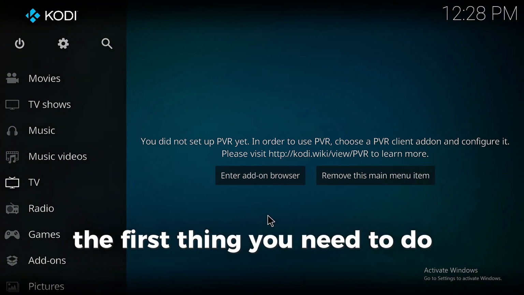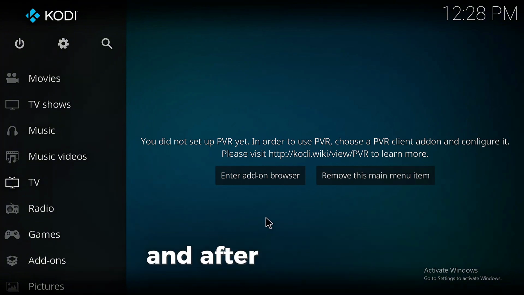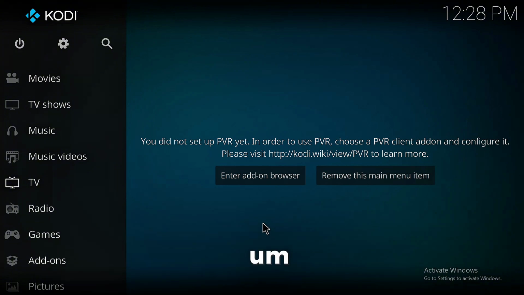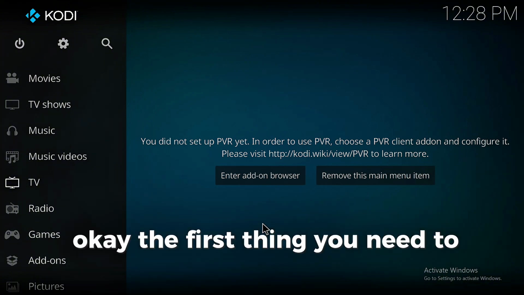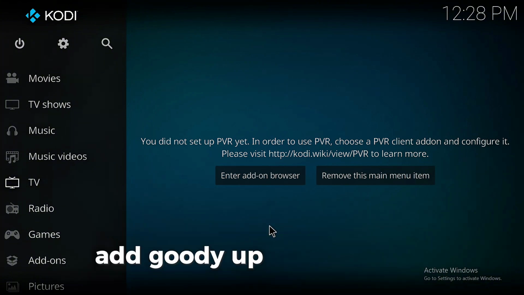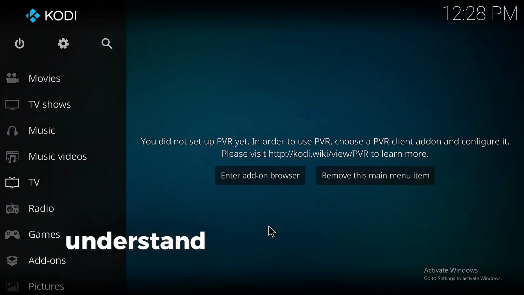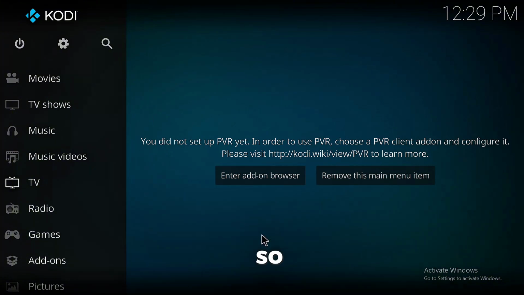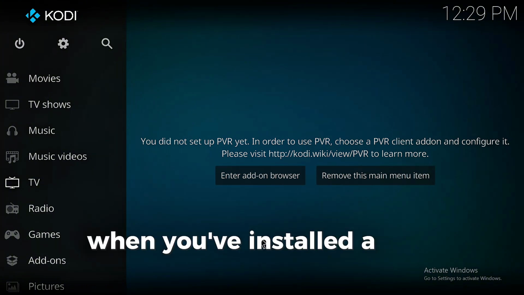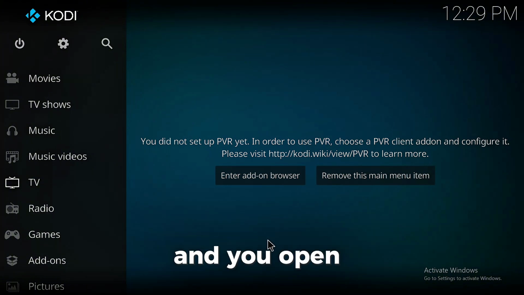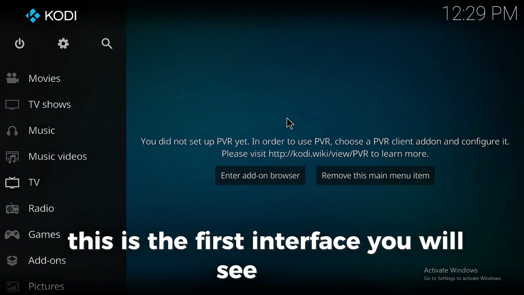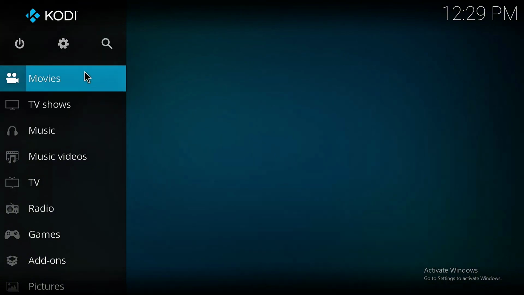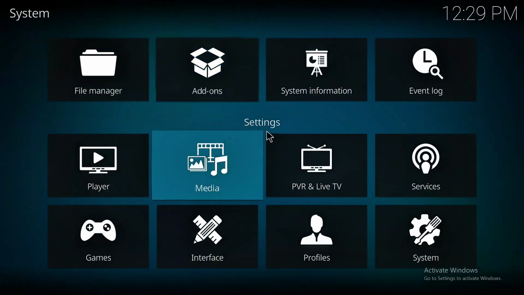The first thing you need to do is to install the Kodi app on your device. I believe by now you all know how to do that. So when you've installed a fresh Kodi app on your device and you open it, this is the first interface you will see. Okay, so the first thing you need to do is to click on this gear icon,